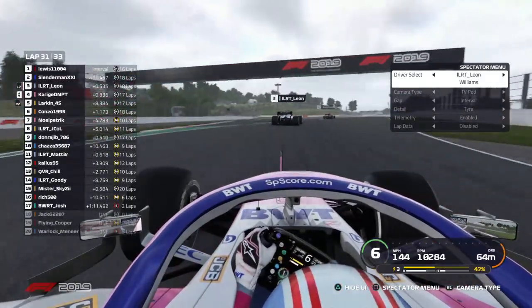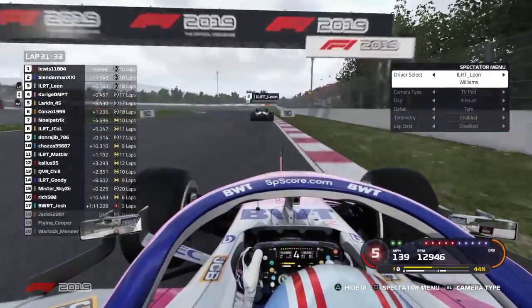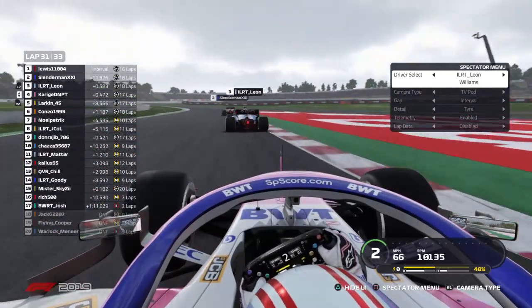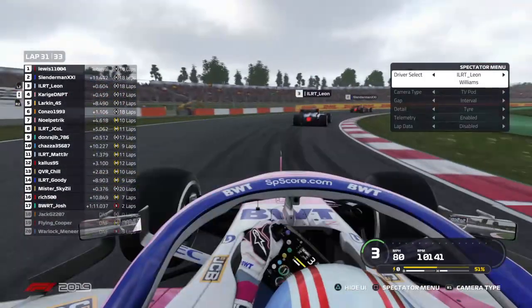But remember, Slenderman has that 3-second time penalty. That could be any chance of him being on the podium just wiped away. As simple as that. Breaking now down once again into turn number 10. It's looking like at the moment Carriage is not going to be able to make a move, but he has